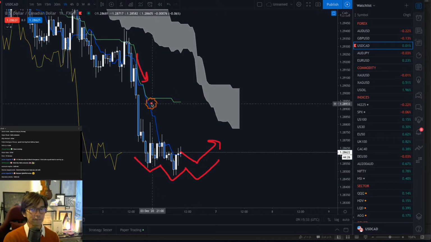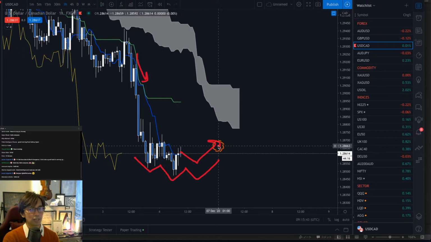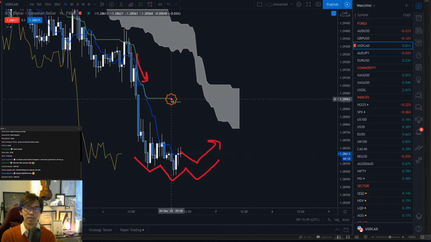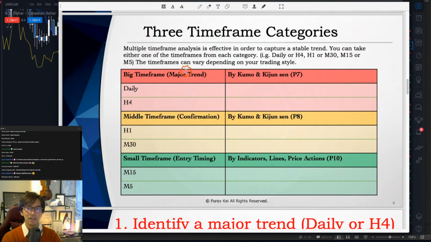But when Kijun Sen is flat, then this means that there might be a potential reversal to the upside, whether it's going to be a reversed head and shoulders or like a double bottom or triple bottom. It might be when Kijun Sen is flat. So that's when you want to wait until the Kijun Sen goes down to look for the sell chance. So that's a part of the KTS, my own strategy, which has been presented on this free